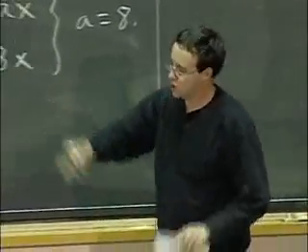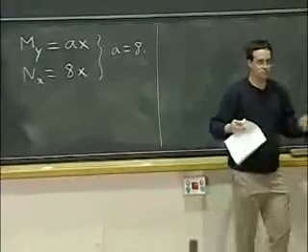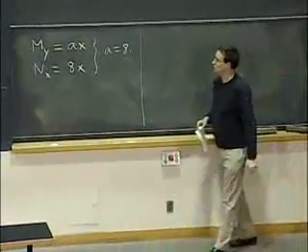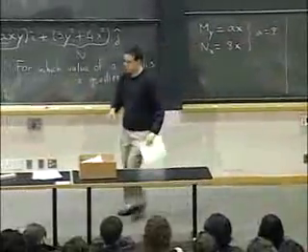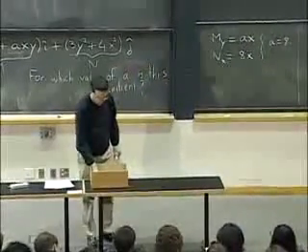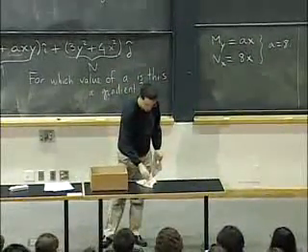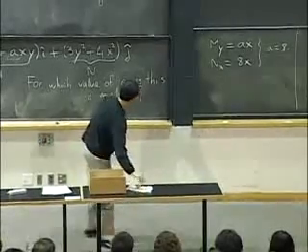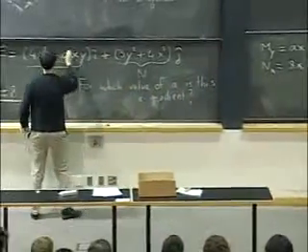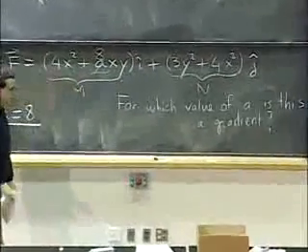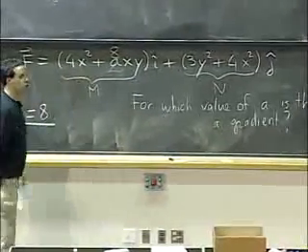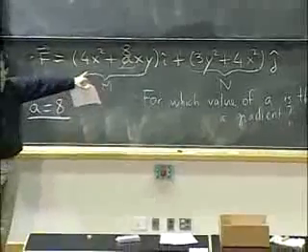Okay. So now we come to the next logical question. Let's say that we've passed the test. So we've put A equals 8 in here. So now it should be a gradient field. The question is, how do we find the potential? So that becomes 8 from now on. The question is, how do we find the function which has this as gradient?